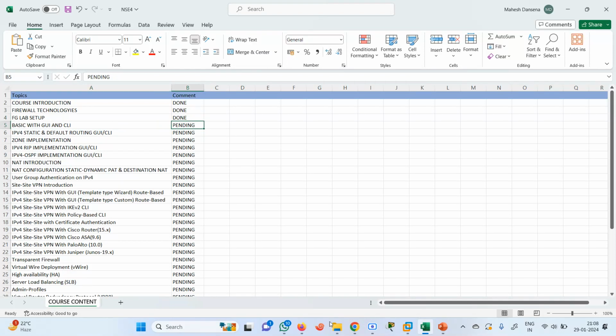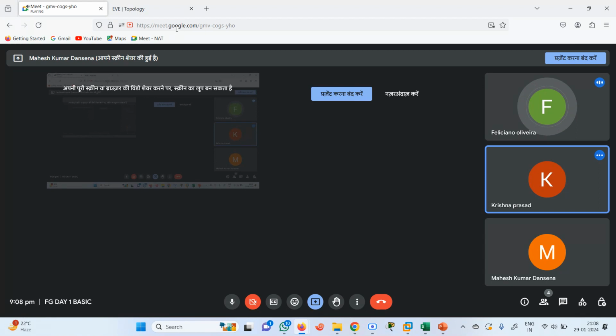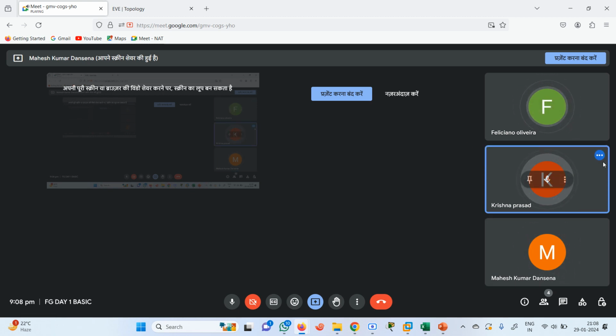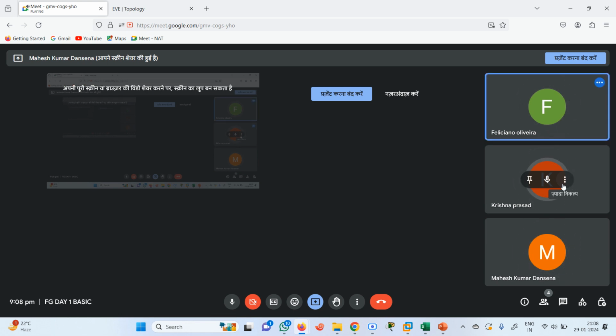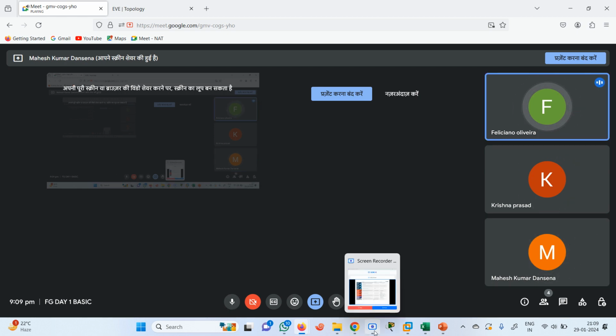Okay, Krishna, Oliveria, is it fine? Yes. If you have any doubt, Krishna, you already configured the lab, right? Yes, but I installed a few steps in the servers, the last steps. The server is not required now. You can focus on the basic configuration of the firewall. Once we come to the server, we'll do that. If I'm not available, please help Oliveria set up the lab. Okay, Krishna, please help him. Okay, guys, so we'll